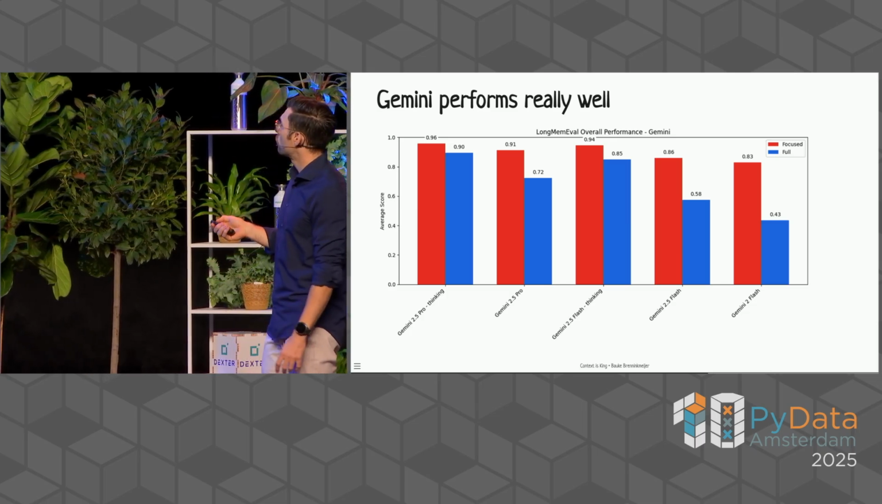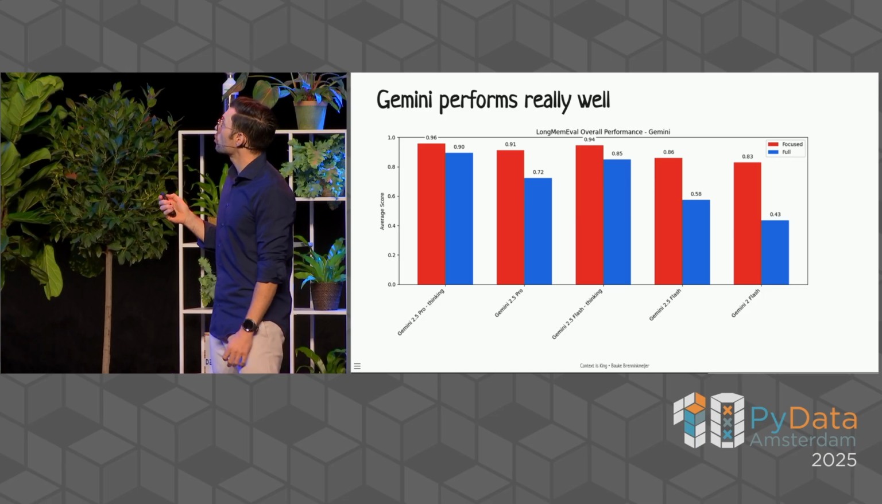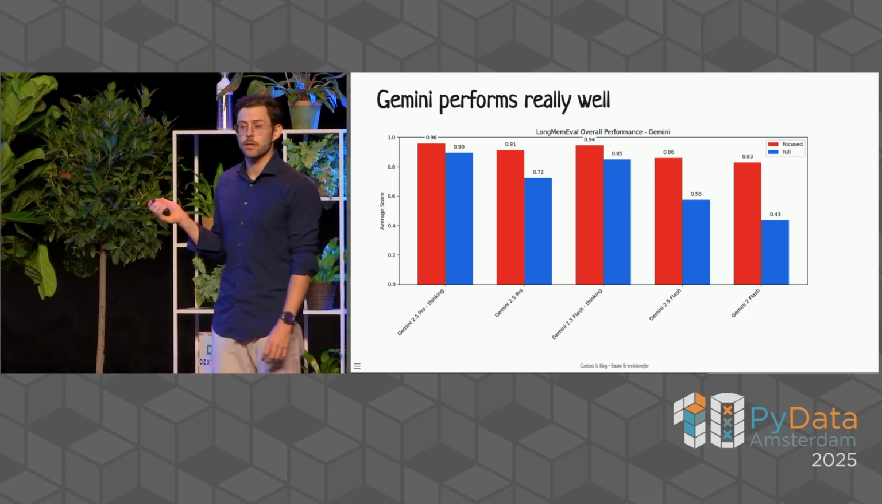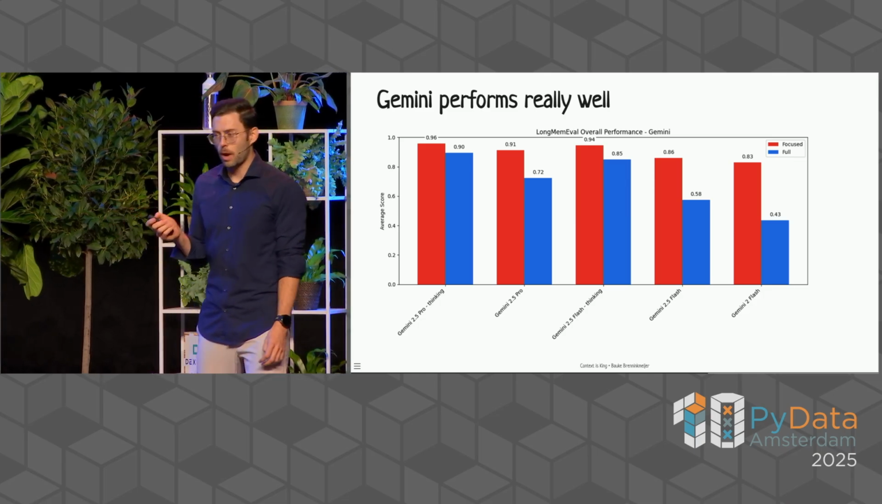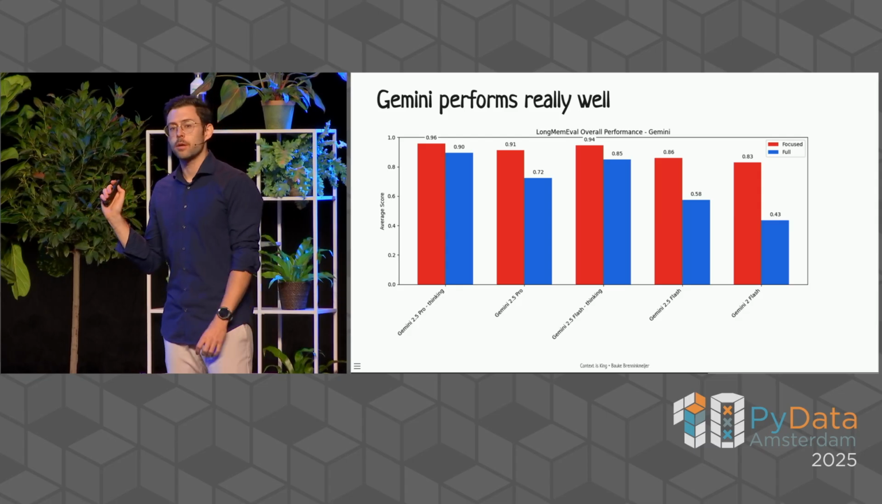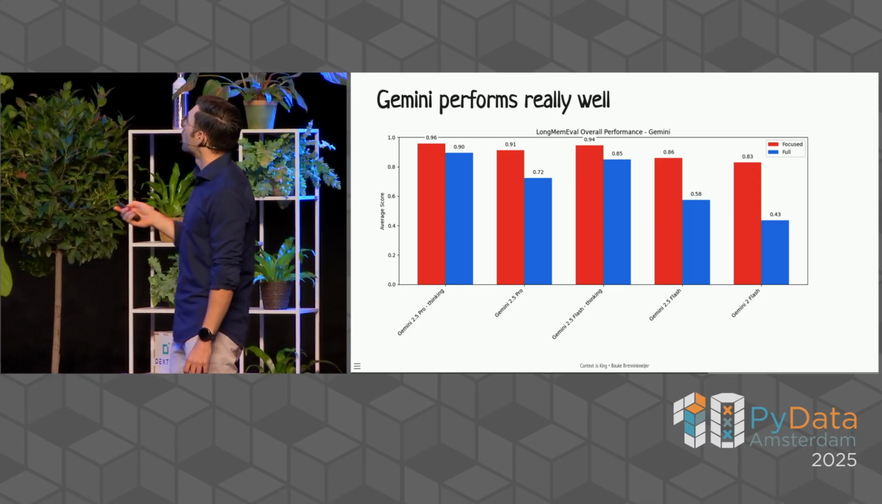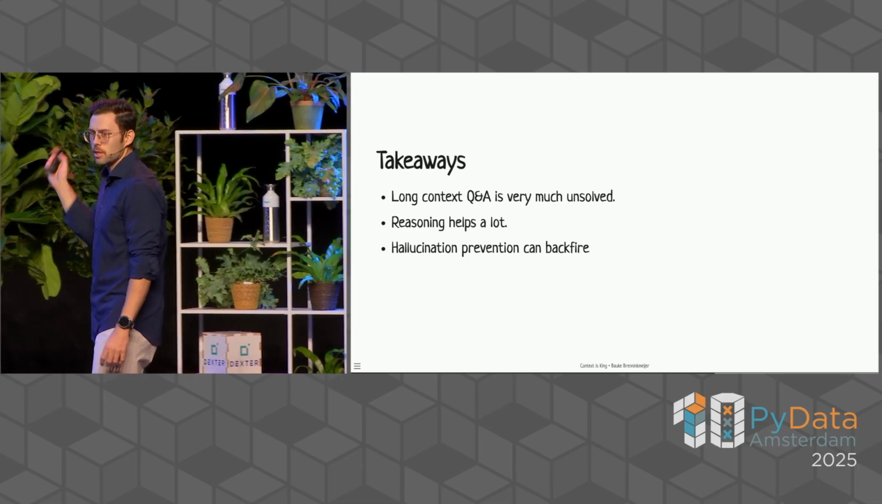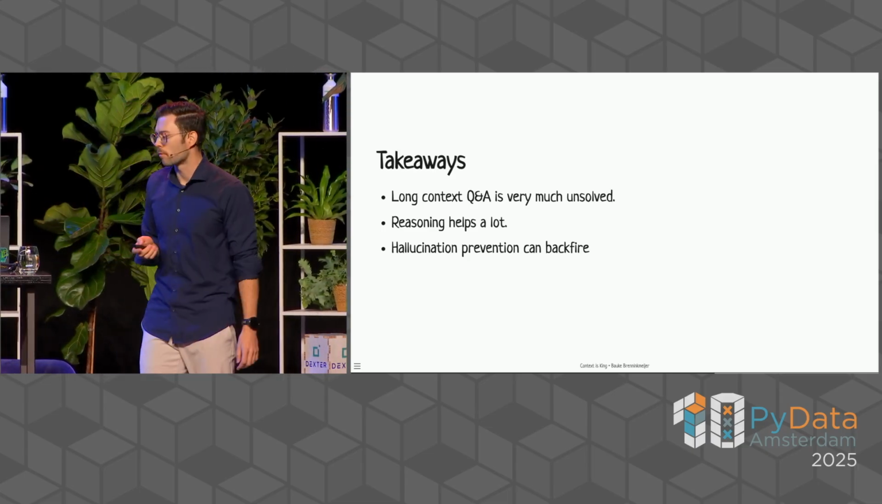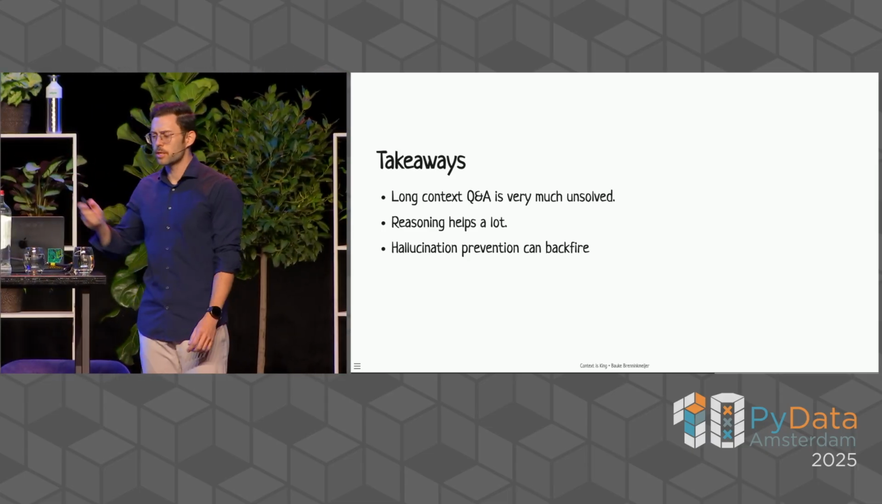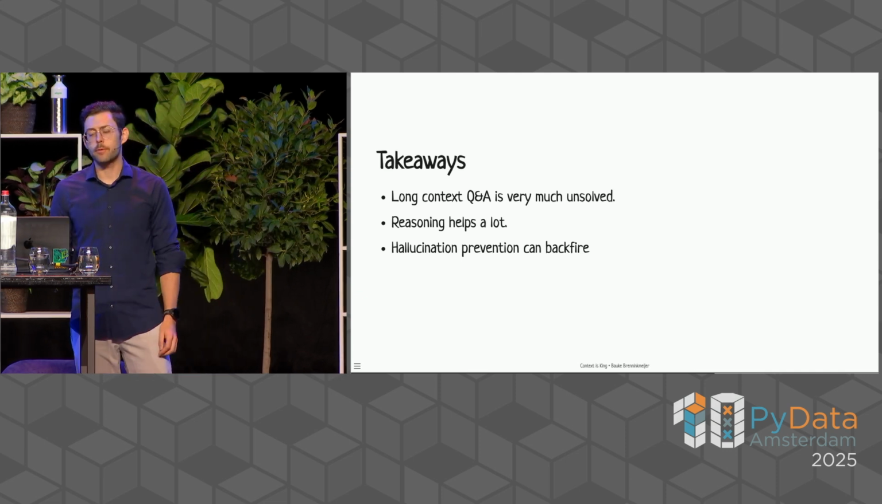To note here, 2.5 Flash thinking also gets an 85. So this is the mid-tier Google model outperforming even the most expensive Claude models that were present. I don't have GPT here because it's just kind of in the middle. It's not really remarkable. Takeaways: long context Q&A is very much unsolved,